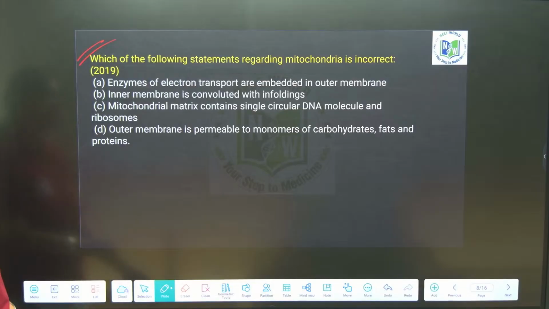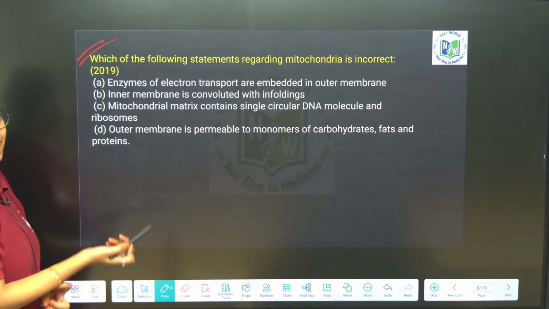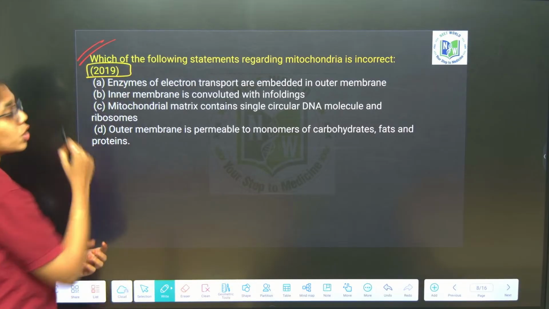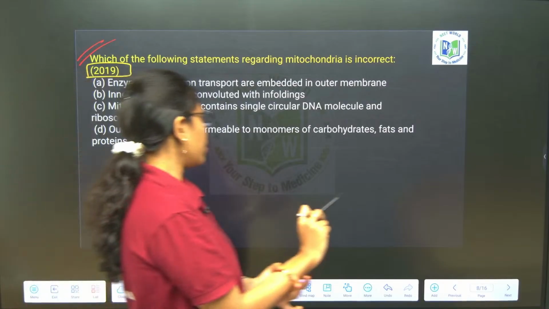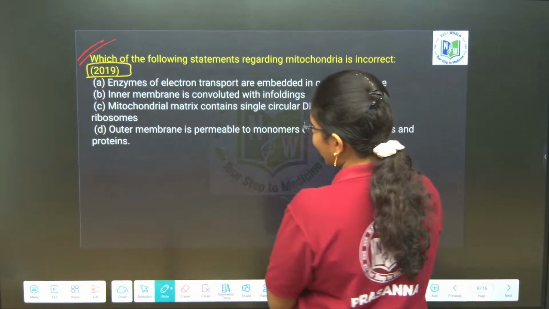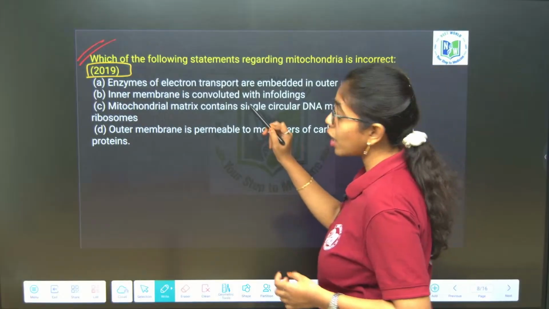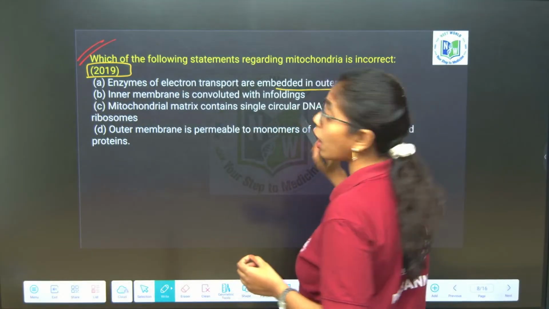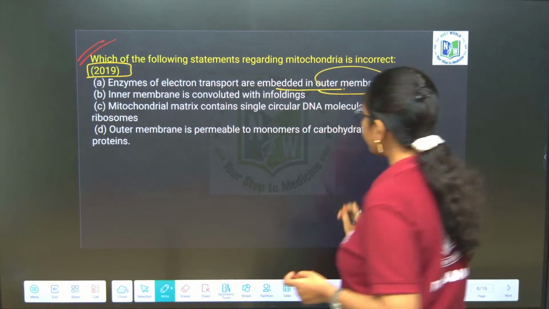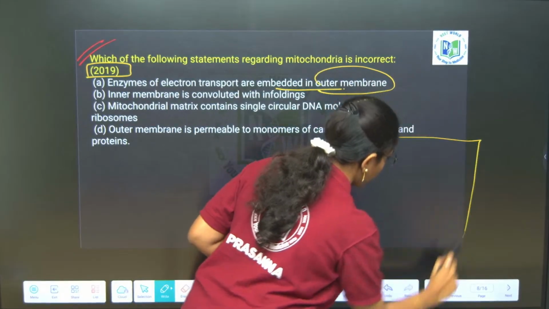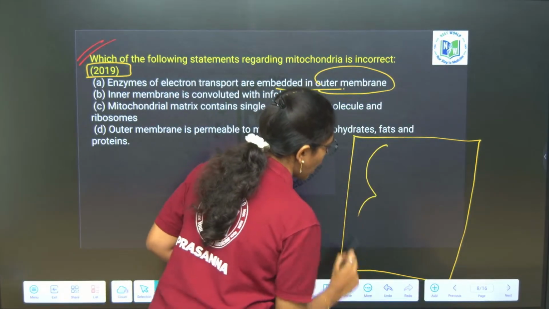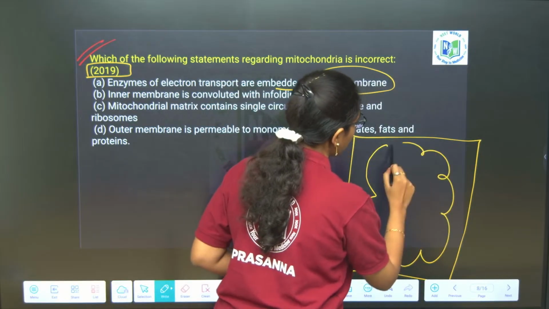Which of the following statements regarding mitochondria is incorrect? This question is from your NEET 2019, a previous year question. Look at it properly and answer. Enzymes of electron transport are embedded in the outer membrane. Wrong. If you consider the structure of mitochondria like this, it has the outer mitochondrial membrane, inner mitochondrial